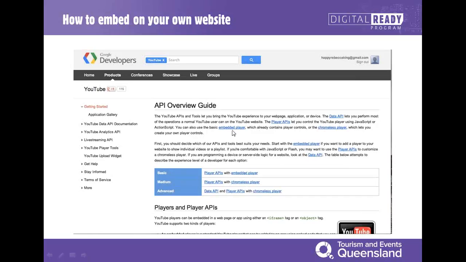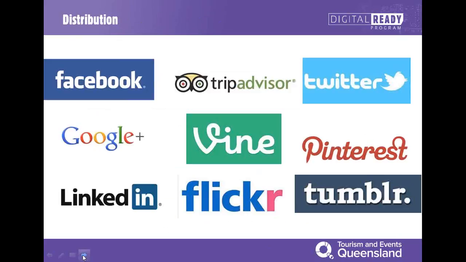Now, it gets a bit techie, so if you've got a web guy, maybe I would suggest talking to them, or if you're very savvy, you could do it yourself as well. It's called the API Overview Guide. So if you're techie yourself, you can go through here. Just search for API Overview Guide for YouTube. It will step you through it. If you're not as techie, talk to your web developer so that they get it right for you.